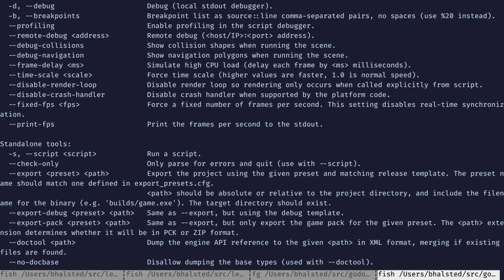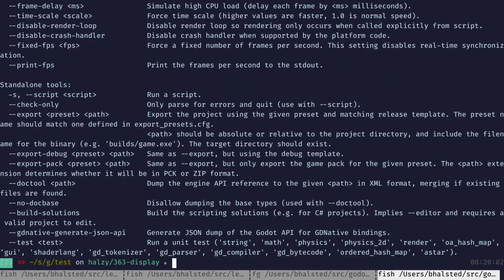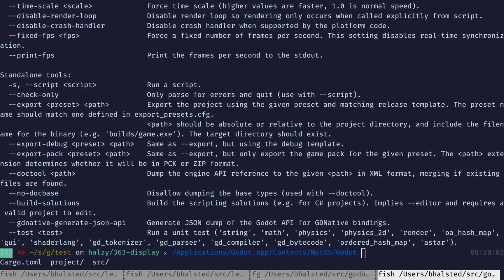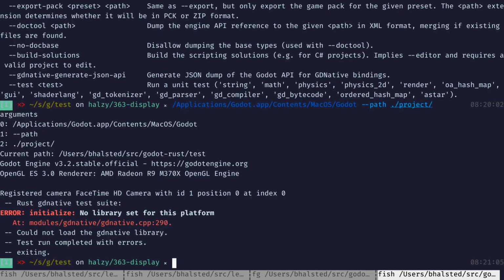Hmm. Well, let's just do that. And the command we're supposed to pass is --path to the project. Oh, interesting. It actually ran it,